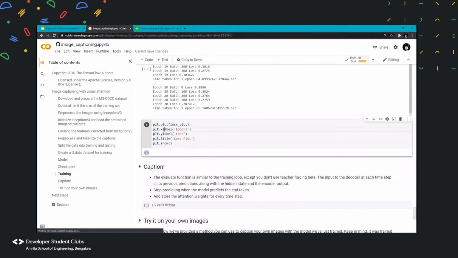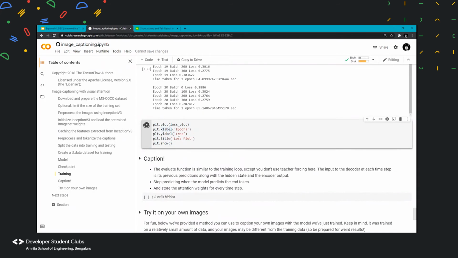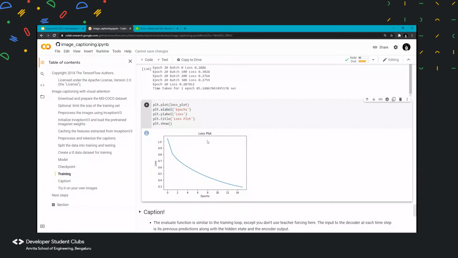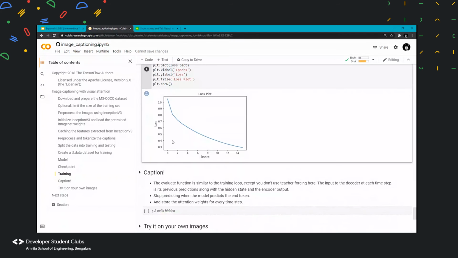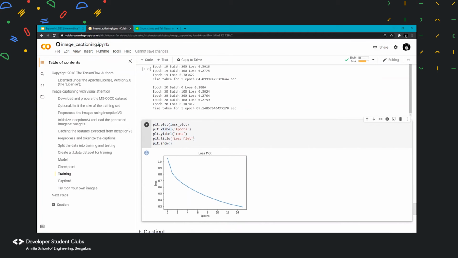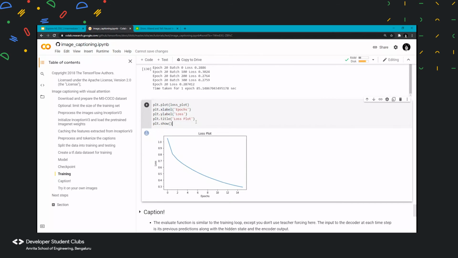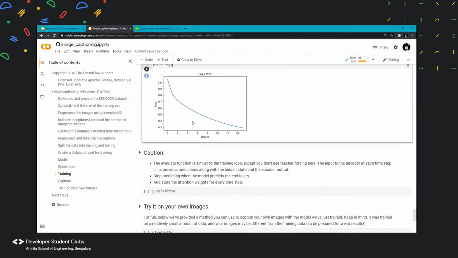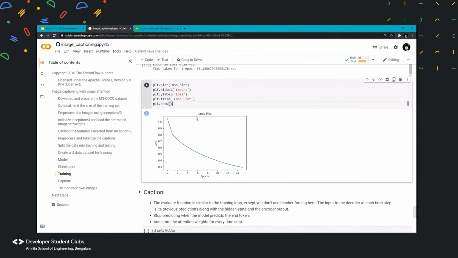So now let's look at the loss plot, which is showing a steady decrease with increase in epochs. We get to see a better model compared to this. And with this particular thing, we can say that the model is not overfitting, but it's learning a lot. More epochs, more time it takes, and more data, more time.